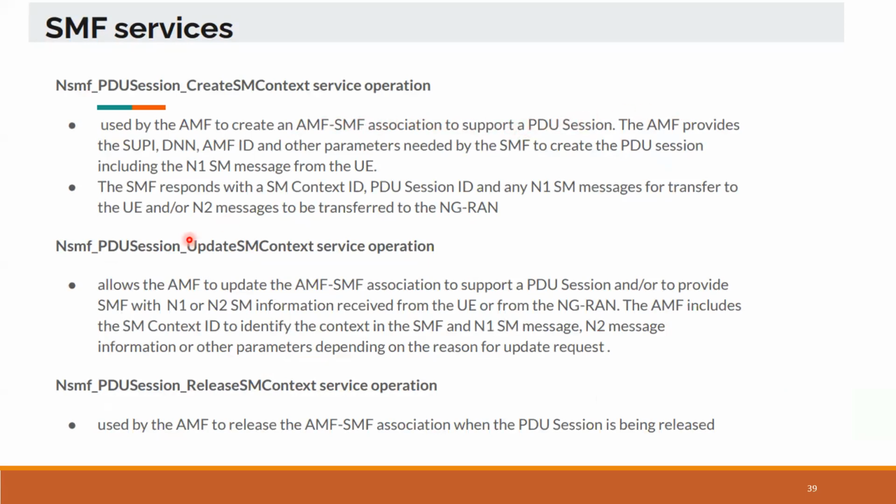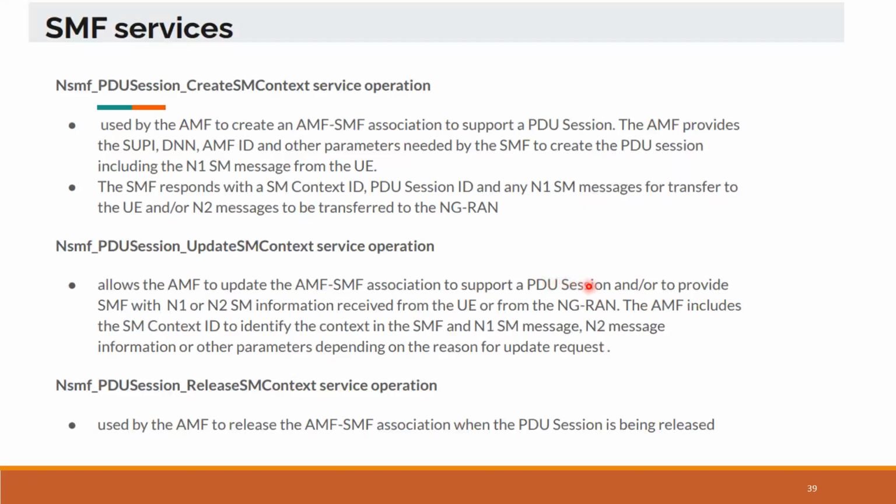The AMF will provide the SUPI, the DNN, the AMF ID, and other parameters. The SMF then responds back with the SM context ID, the PDU session ID, and any N1 SM messages that need to be transferred directly to your UE, or any N2 messages that need to be directly transferred to the RAN. In case of Update SM Context, it allows the AMF to update the association to support a PDU